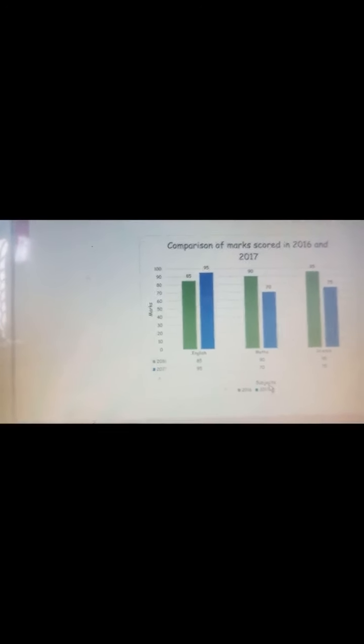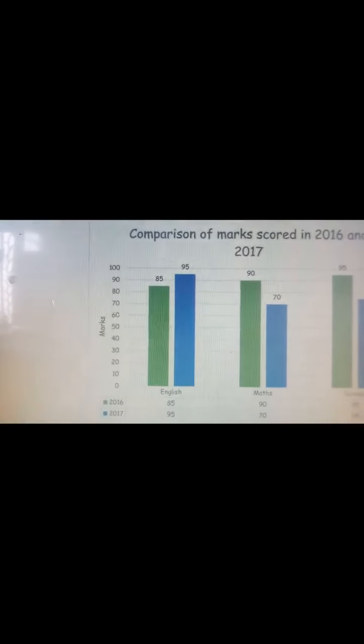Then you can see here 2016 and 2017, these are called legends. English, maths, science, all these data are given here, so that is called the data table. These lines, the horizontal lines, are called grid lines.